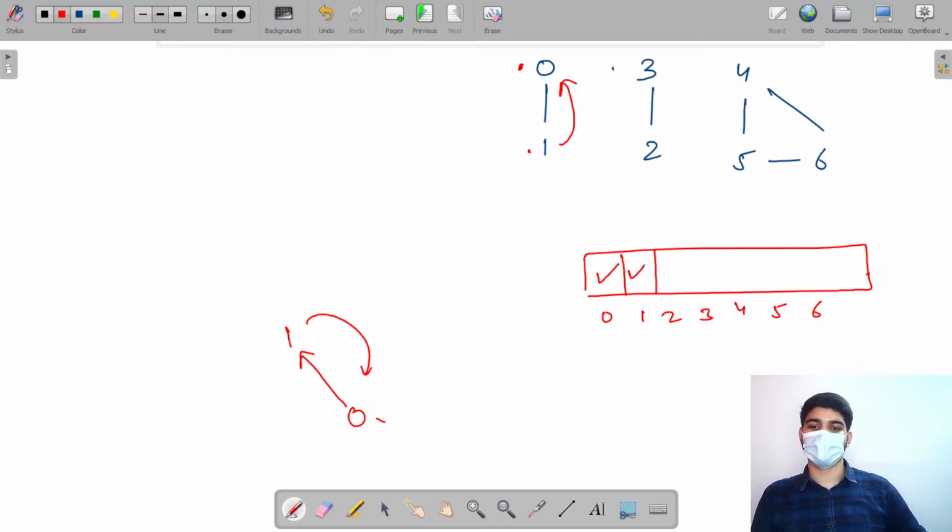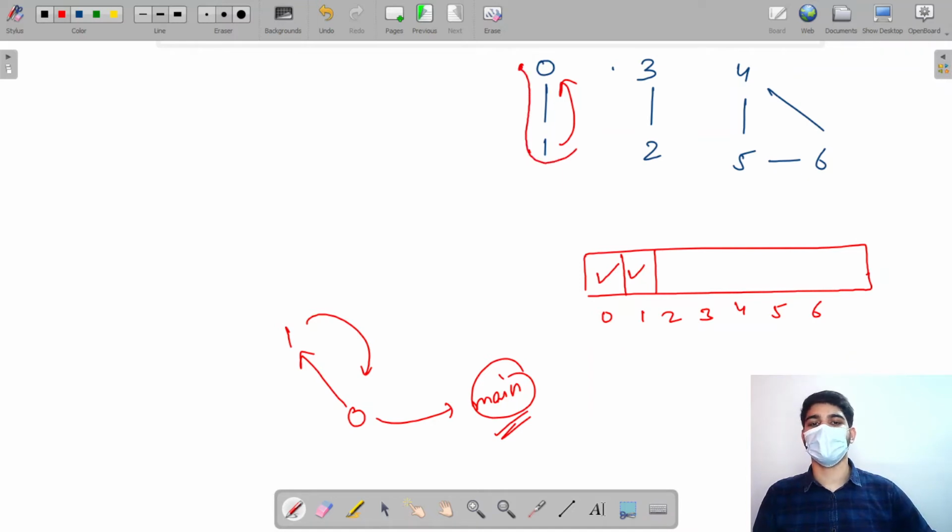So that means 0 would return back to what? To the main function, right? So if I call with 0 as source, I would only be able to evaluate just this component, right? But what if I call for all the points, all the vertices in this entire visited array, all the vertices which